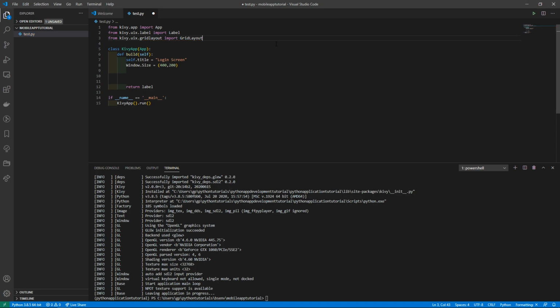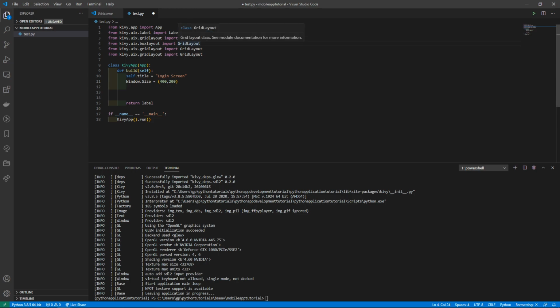And I'm just going to copy this so that we can do this a little faster. It's going to be a couple of these UIXs, so I'm going to go ahead, this is box layout, which we need, and then just change this to box layout over here. And then we need a button, so that's for the login button, so I'll just call that button. And then we used window over here, which we need as well, which is part of Kivy core,